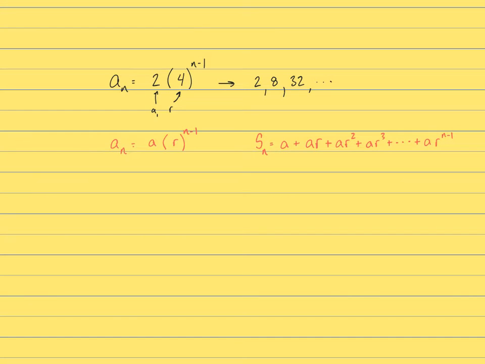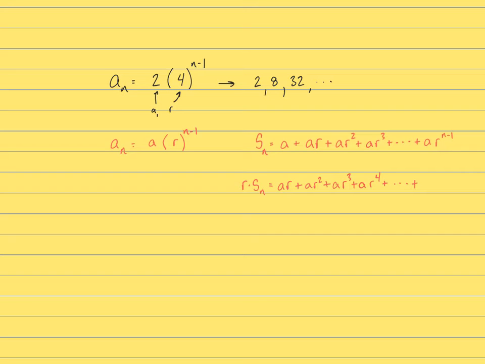If I took this whole sequence and multiplied it all by r, what would I get? So let's dream up a new sequence. This sequence, r times s of n. So I'm going to add together all these terms as well. What that basically is doing is taking r and distributing it into every single one of these terms. So that's going to leave me with a times r as my first term in this series that I'm adding. I'm going to have a times r squared in my second term, a times r to the third, a times r to the fourth, all the way up until